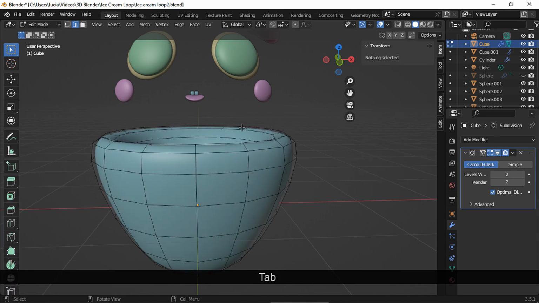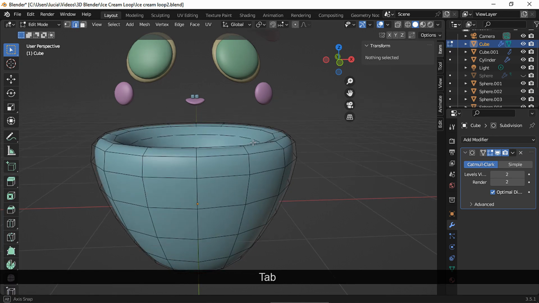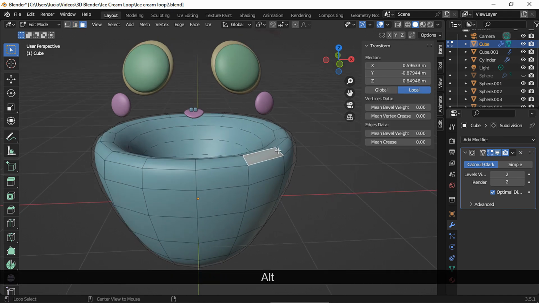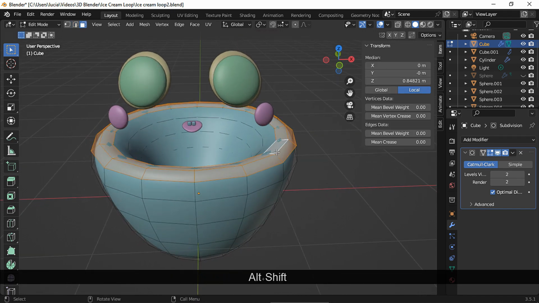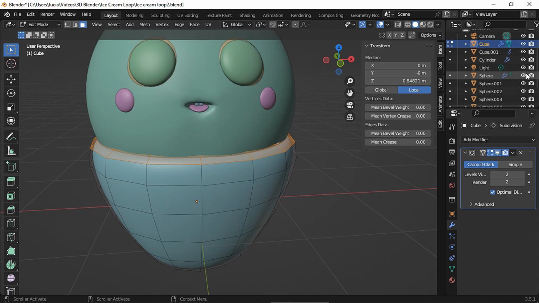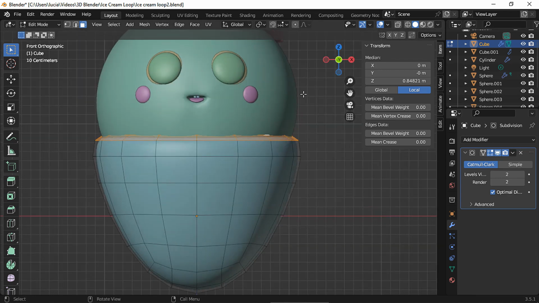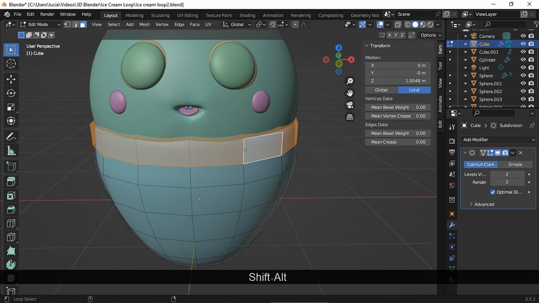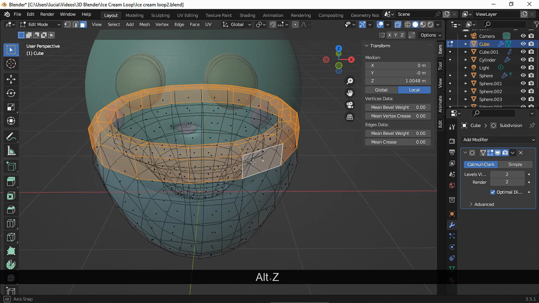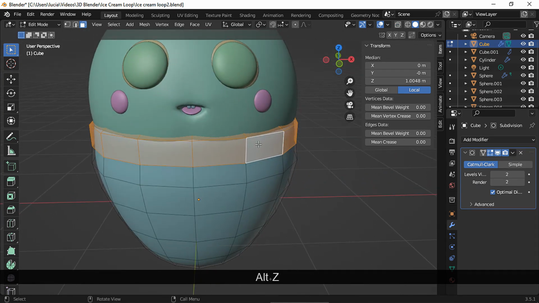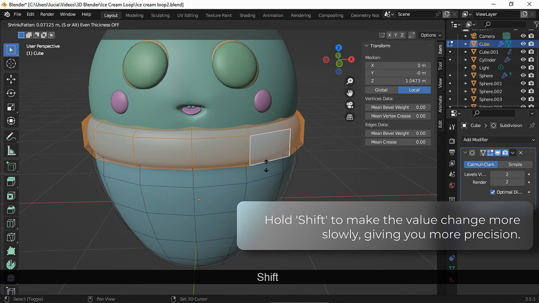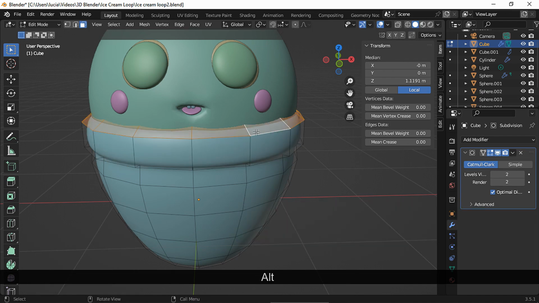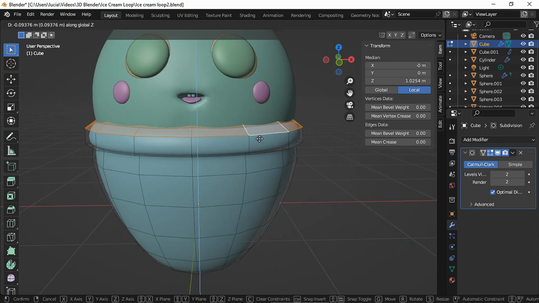if we go back to Edit Mode, we have more geometry to work with. Select this loop of faces right here and Shift to add this face loop to the selection as well. Here I already have my scoop of ice cream, but we're gonna create it in a second. E to extrude along the Z-axis, and Shift Alt to add this face loop to the selection. As you can see, I have all these faces selected, and now right-click and extrude along normals. Select this face loop and Shift Z to move down on the Z-axis.